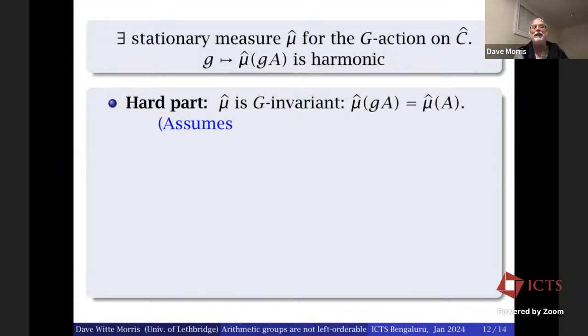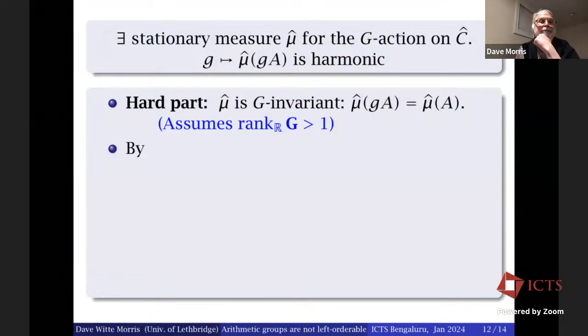Maybe I can say a little bit. We'll see if I've got any time left. This is a place where we use the fact that the real rank is bigger than 1 in order to prove that this measure is invariant. I hope I can say at least a little bit. I'll rush through a little bit where we see where real rank comes in. Okay, so we now know that